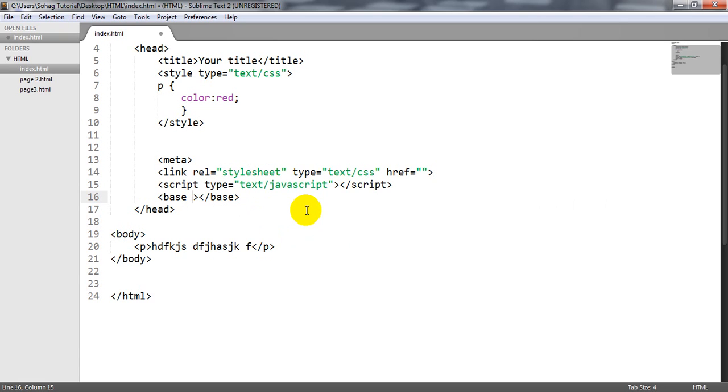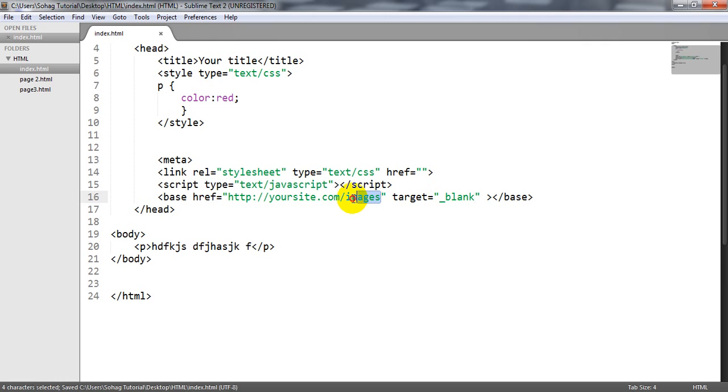default href like this, http your site.com/images, and all those folders, target will be set to blank.